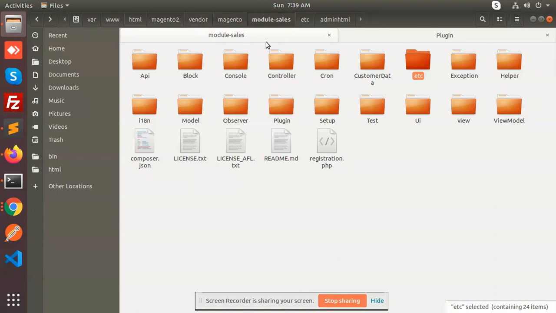Okay, here we can use it if you want to override or do something. We are using this module sales method whole.